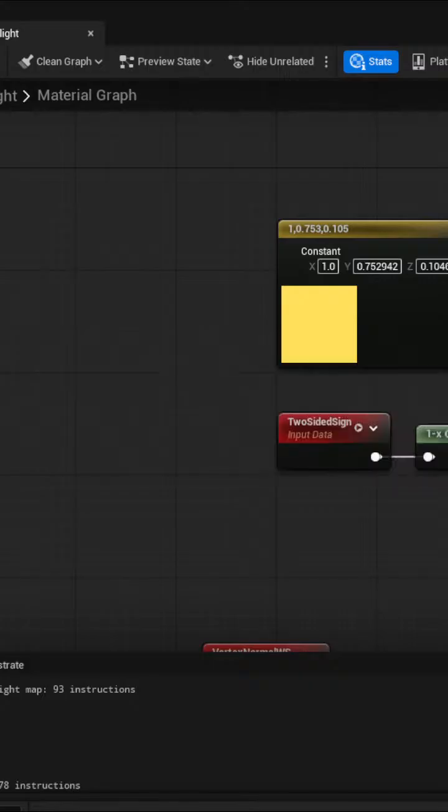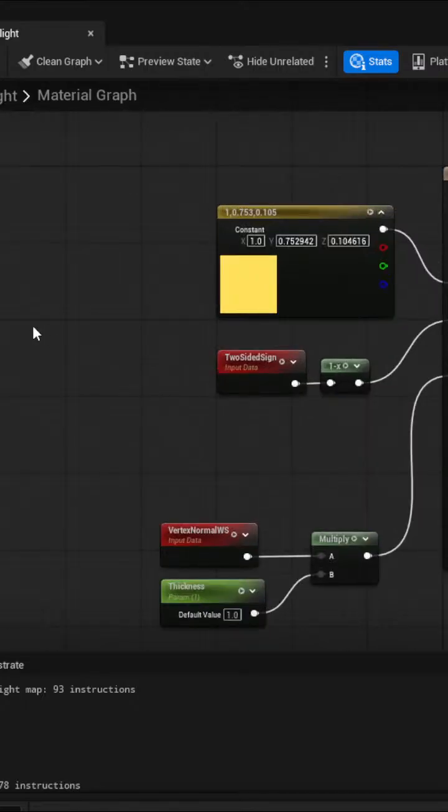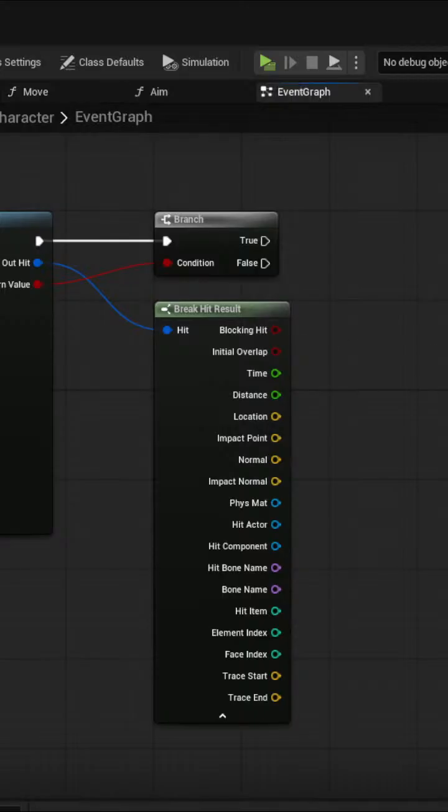Apply, save. So you can see at the moment it just looks opaque. That should be it for the highlight material. So now, go back to, no, that one, okay. And now that we've got that done, we